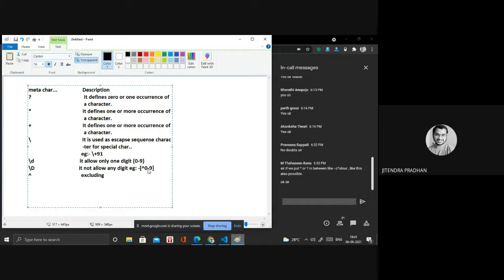Okay. So if you don't want to allow particular letters like A to Z alphanumeric, you have to write excluding A to Z. If you don't want to allow any particular or special numerical value, then you have to use it inside that. So what is the uppercase and lowercase? If I want to allow only uppercase, then I will write inside that, A to Z. It's capital letters. Okay, A to Z for uppercase.